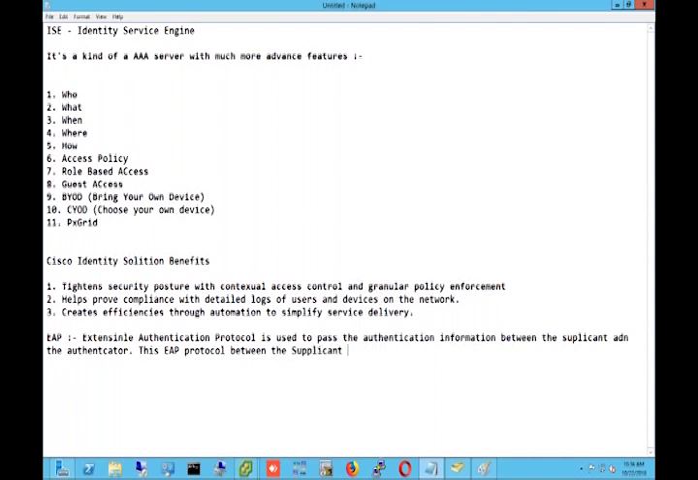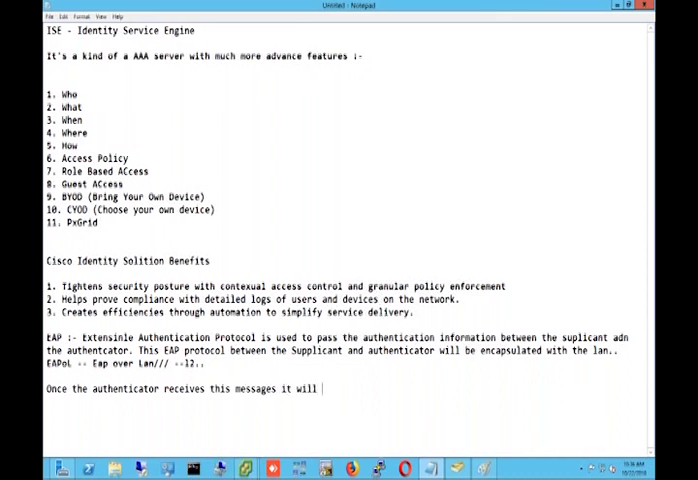Next, this EAP protocol between the supplicant and authenticator will be encapsulated within the LAN segment, and that protocol is called EAP over LAN. This is called EAP over LAN, a layer 2 segment. Once the authenticator receives this message,